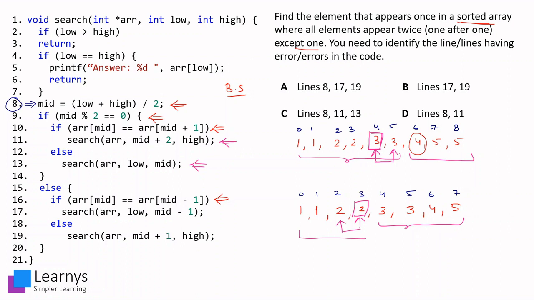matching, then I can understand that all the elements before it must have been in order. That is, they must be sorted and must have appeared twice. So if this is the case, I should move to the right hand side. But when I see in my code, I see that my movement is towards the left hand side of the array. So this is wrong over here logically. In the else case, we are moving towards the right hand side, which should not be so.